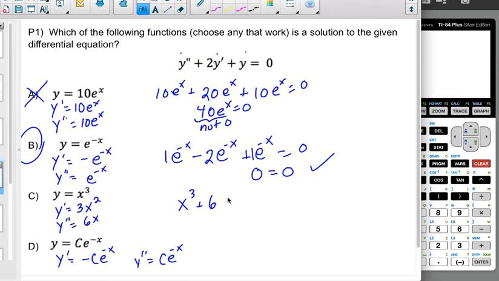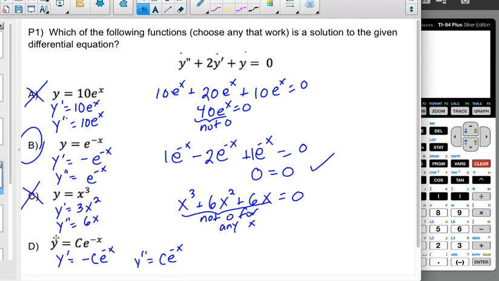For the next one, I get x cubed plus 6x squared plus 6x equals 0. That's not 0 for all x, so that's not 0 for any x. The goal is it has to be true for any x value ever, and while it is 0 for certain x values, like x is 0, it's not 0 for every x value,